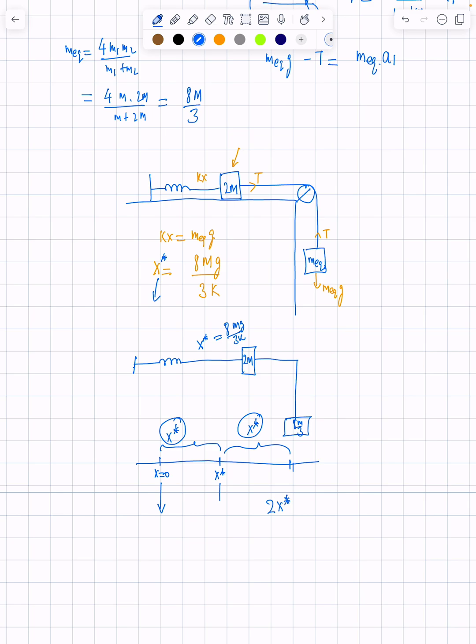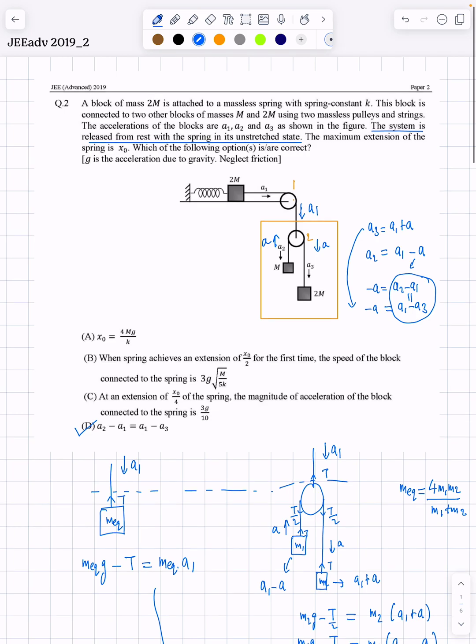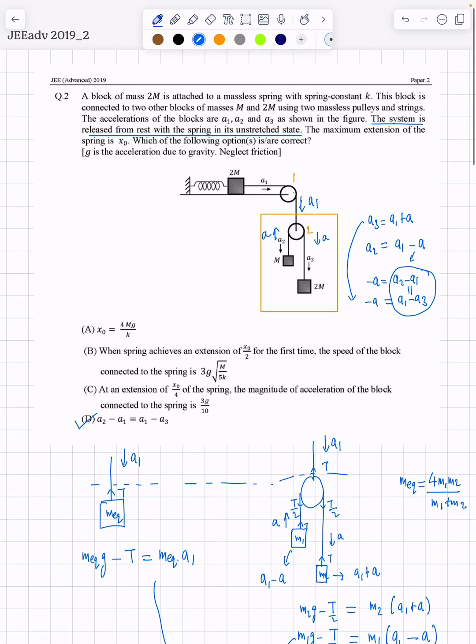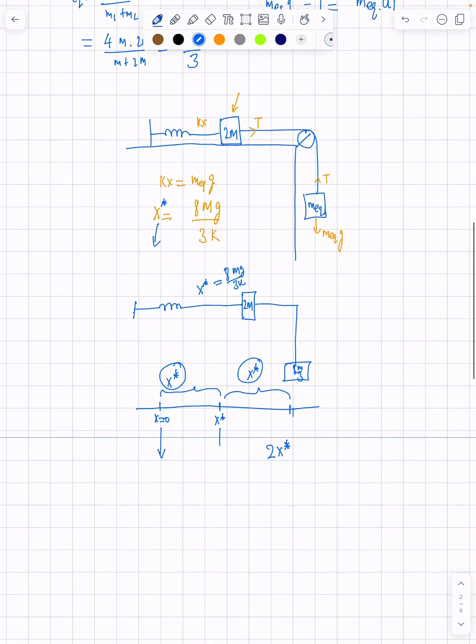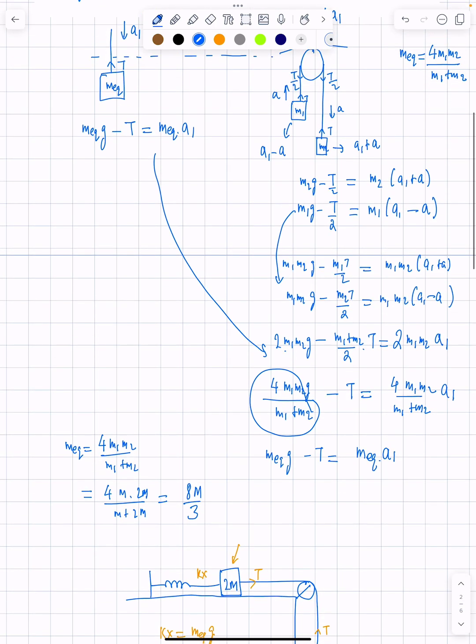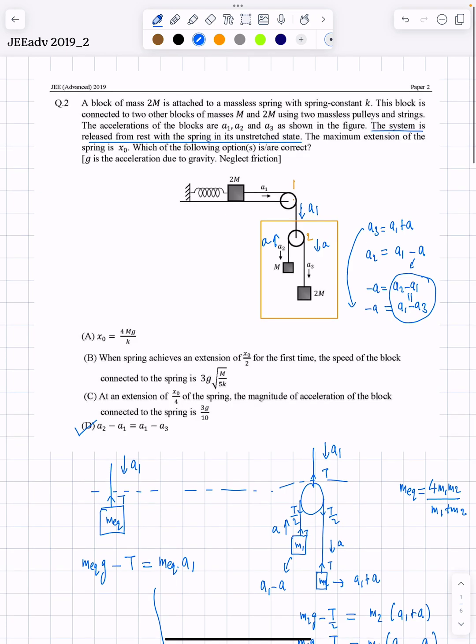In the question they're calling that the maximum extension x naught. So x naught is 2x star, and we can just substitute the value, so it is 16mg over 3k. So this is the value of x naught, and I think the choice is 4mg over k, so that's